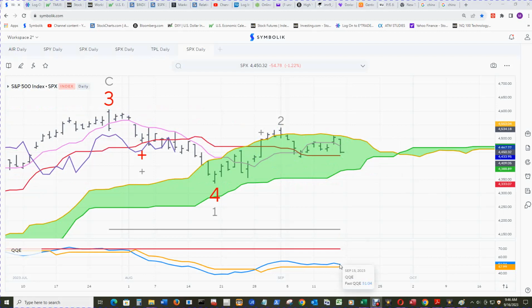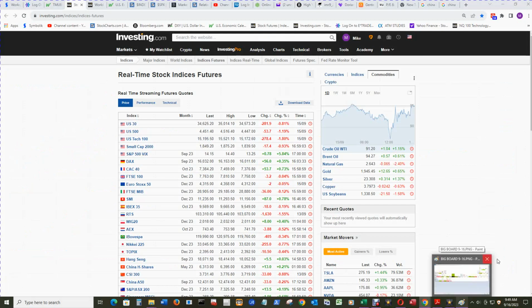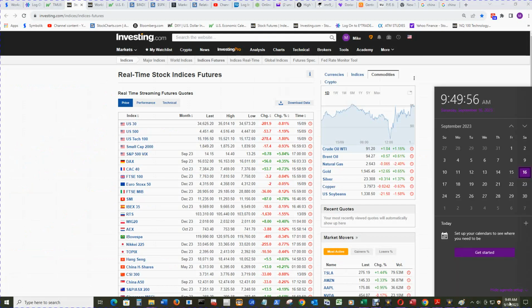And the fast QQE ticked down. It's still pretty well above the slow QQE, which has been going flat for quite a long time here. So it's not out of the woods yet, but it's really in no danger of going under that immediately. Probably not until it gets under the cloud, which for Monday, the bottom of the cloud is at 4386.61. And price ended the aftermarket hours on Friday the 16th at